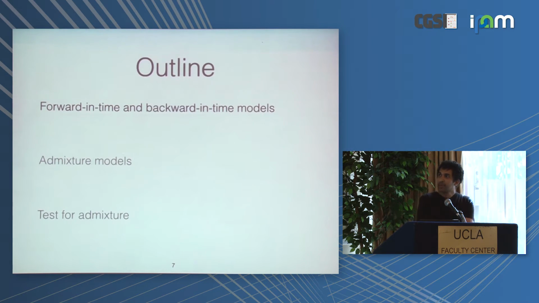My talk has, I guess, three parts, and I'll see if I can cover all three of them depending on how much time we have. The first part I'd like to focus on are the underlying evolutionary processes that form the building blocks in a lot of these probabilistic models. There are two broad perspectives in building these models. One is what we call a forward in time perspective, and there's a related perspective which is the backward in time perspective, and both have